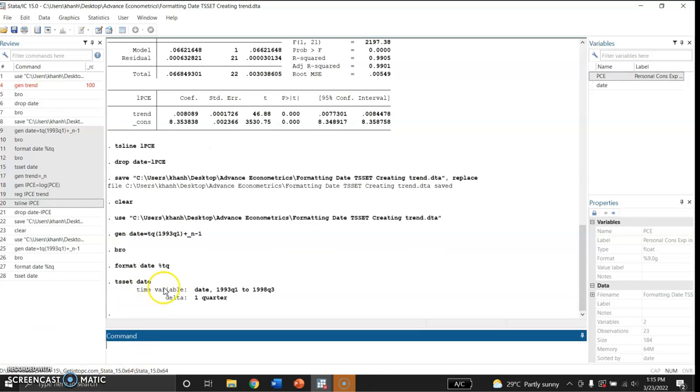Yes, the data has been converted. So this is time variable data, and this range is from 1993 Q1 to 1998 Q3. So change in time is just 1 quarter. So this is quarterly data. So after this,